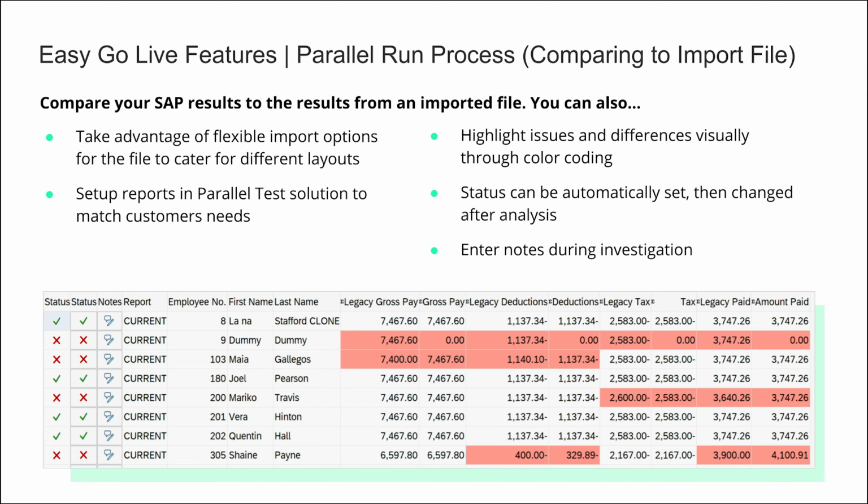Notice that the data is presented down to the employee or wage type level. Differences are highlighted as well as indicated in the status column to the left. The notes column allows the end user, who is reviewing the report, to enter in comments as differences are reconciled. Those comments will carry over to subsequent comparisons if the parallel test is re-executed, removing the need to perform redundant